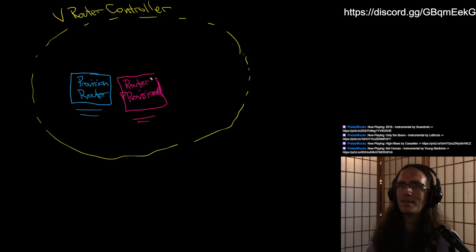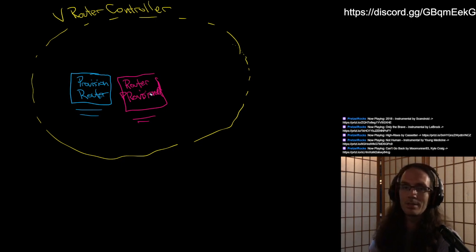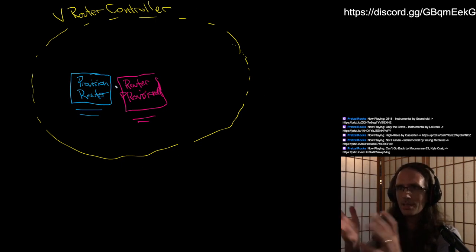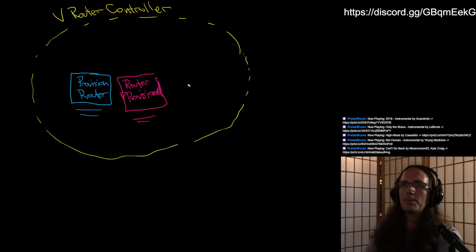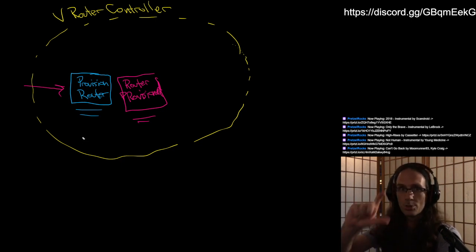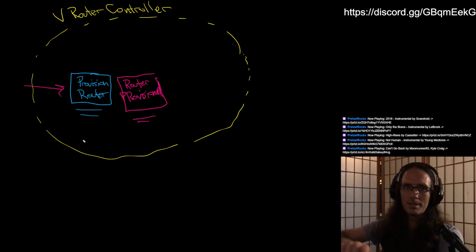I can't. And if we care about actually logging those things in the context of this domain, in this router controller, and this user's router, we might want to record that event. In our case, our app today, we're going to be mapping the changes into this command. We're going to map it to the command, and that's going to tell the router controller service, okay, I saw a router provision command. I'm going to go do that now.